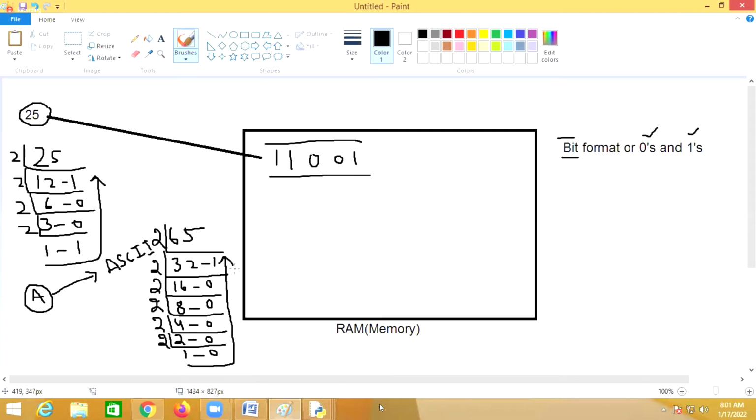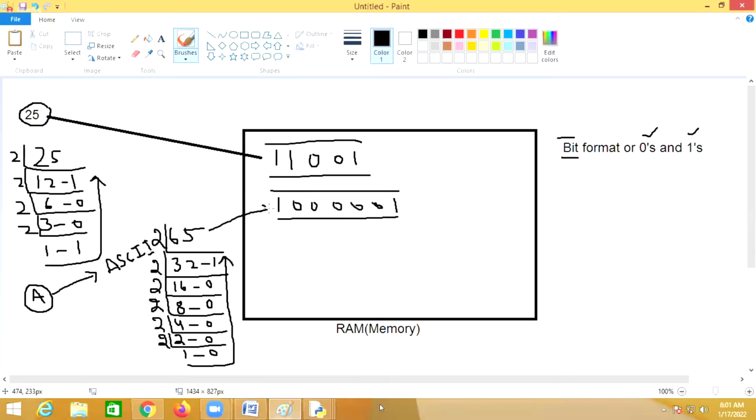So the value of 65 in binary is 1 0 0 0 0 0 1.